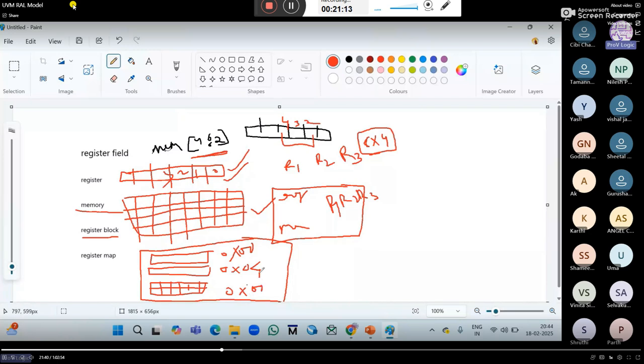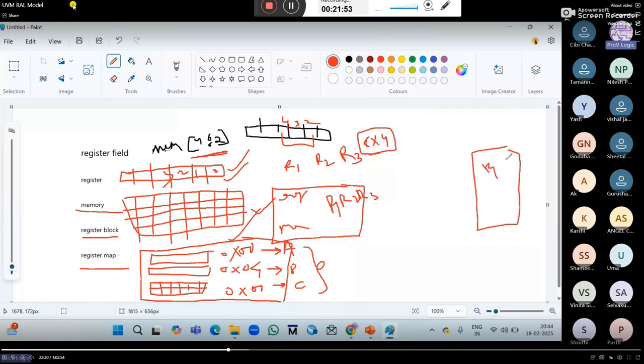Okay, and with these variables, suppose which type of register it is, name of the register A, name of the register B, name of the register C. So all this information will be there in the register map. Whatever information is there in the register map, the same data will be there in the DUT also, because whatever registers are in the DUT, the same registers we are verifying here. That means we are randomizing the same data and sending the input values to the DUT.